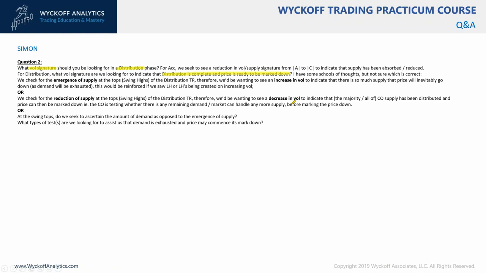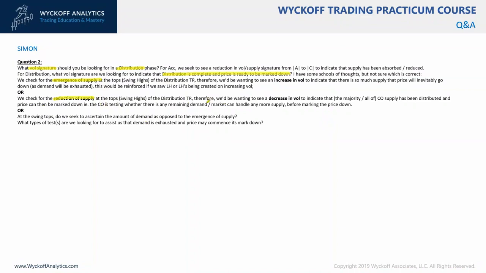I have some schools of thought, but I'm not sure which is correct. We check for the emergence of the supply at the top, the swing highs. Therefore, they'd be wanting to see an increase in volume to indicate that there is so much supply that price will inevitably go down. This would be reinforced if we saw lower highs being created on increased volume. Or we check for the reduction of the supply. We'd be wanting to see a decrease in volume to indicate that the supply has been distributed,